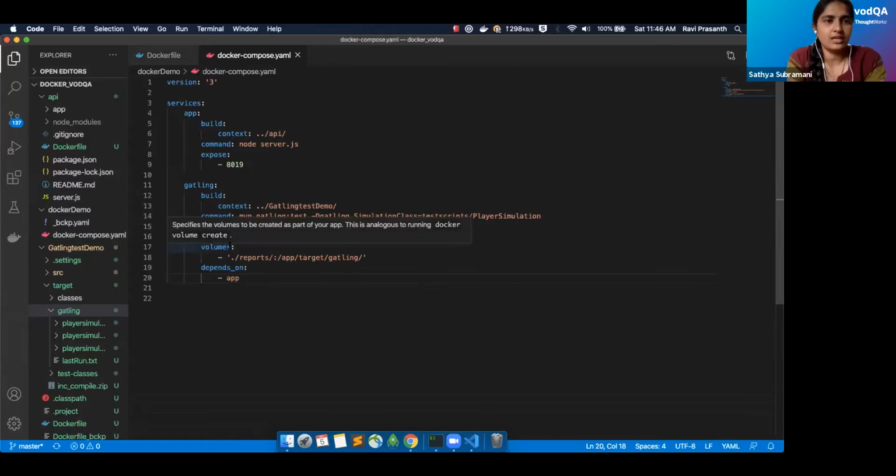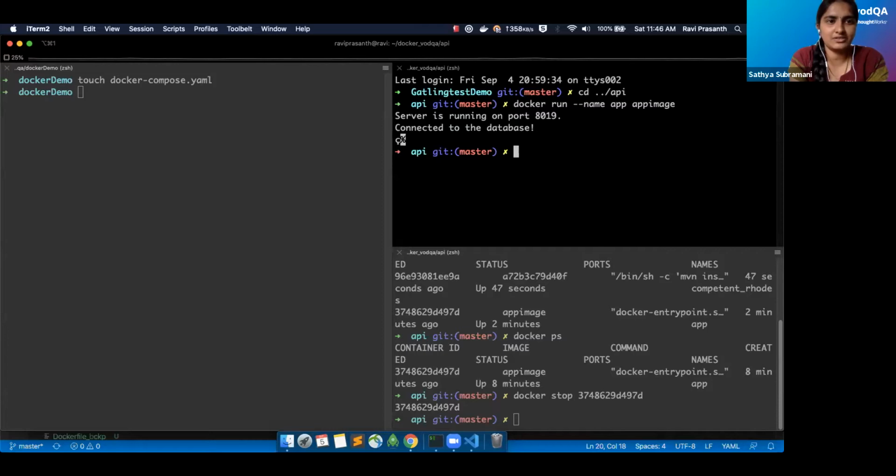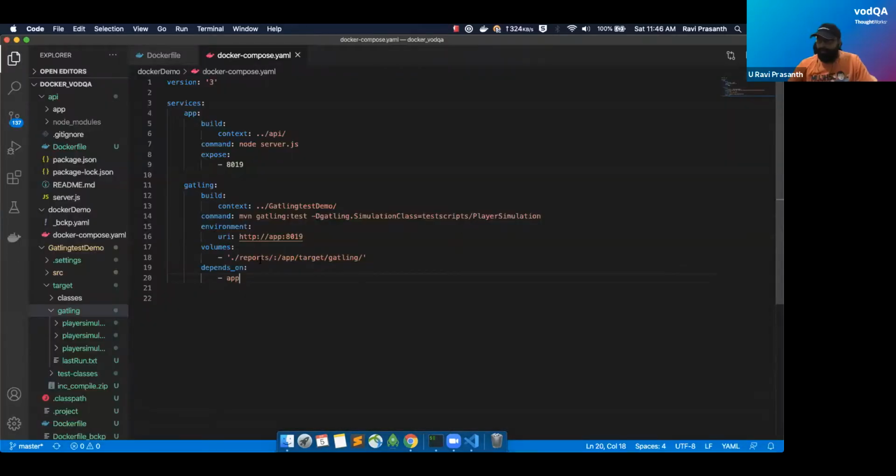One thing: while Ravi is writing this Docker Compose YAML file, he is very careful about the indentation. The spaces here are very important, and if they are missing, there will definitely be an error. Yeah, thanks for bringing that up, Satya. For us a space is nothing but a space, but for a YAML file, a space makes a big difference. If you do not indent properly, you'll have to hit your head against the wall to find out the reason. So let's not do that, and we'll just have proper indentation.